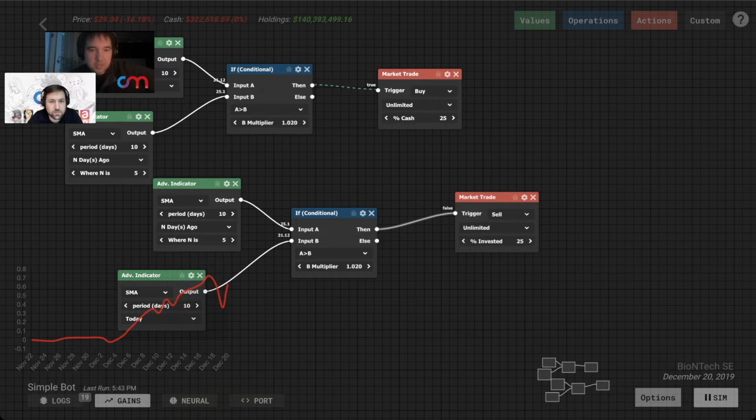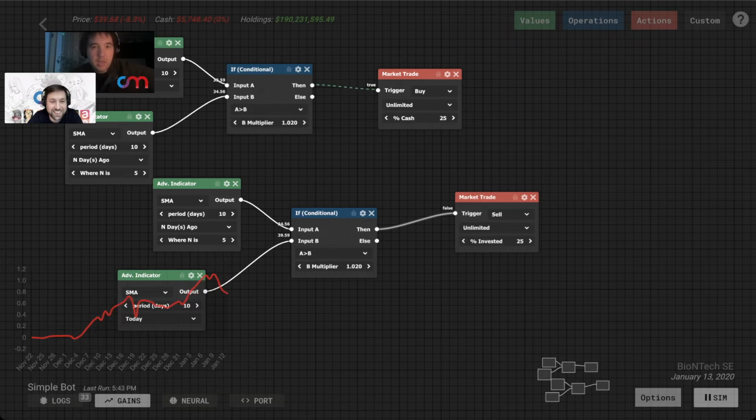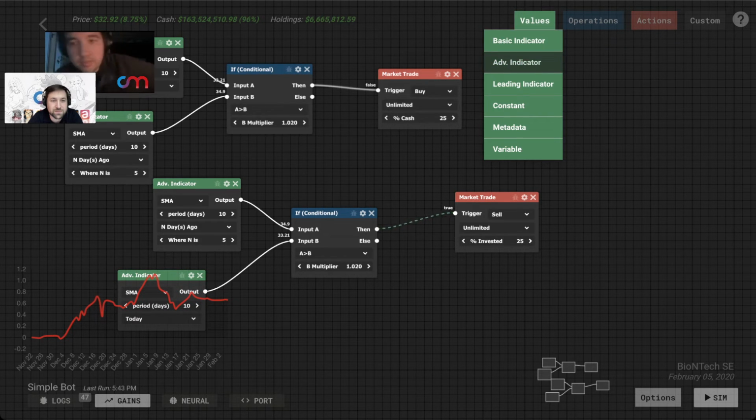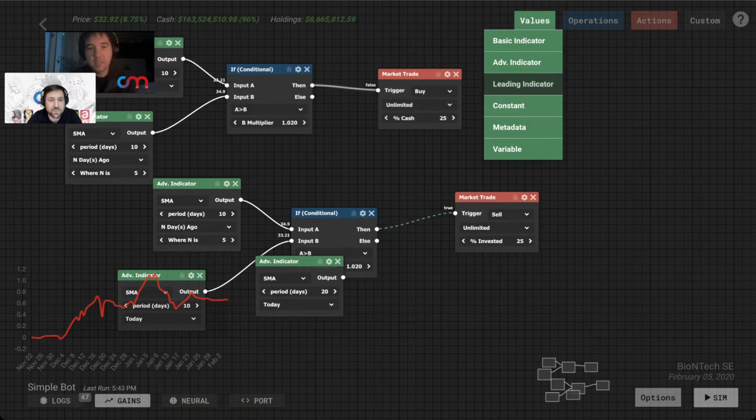Even though this is an extremely simplistic strategy, it seems to be rather effective. And we can see the details right here. And obviously a lot of cells are being triggered right now, etc. And let me go through all of the different nodes that you can add within here. We have just limitless complexity.